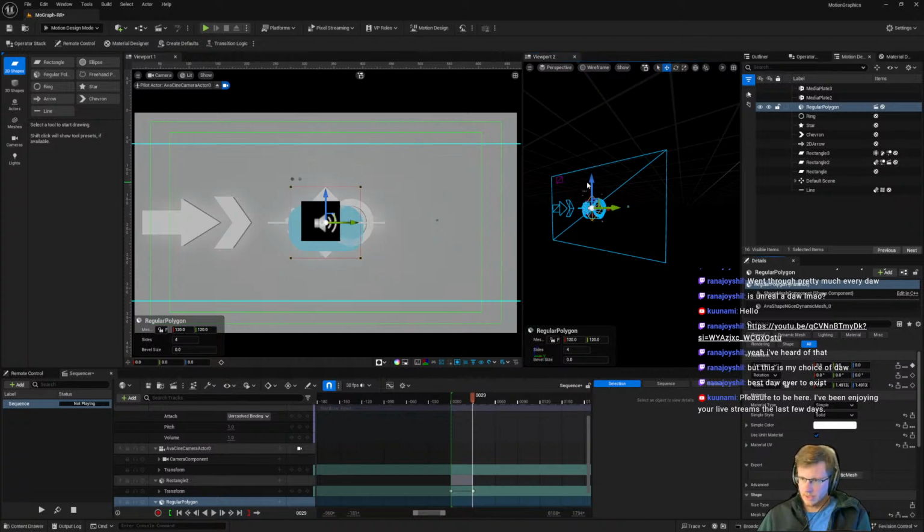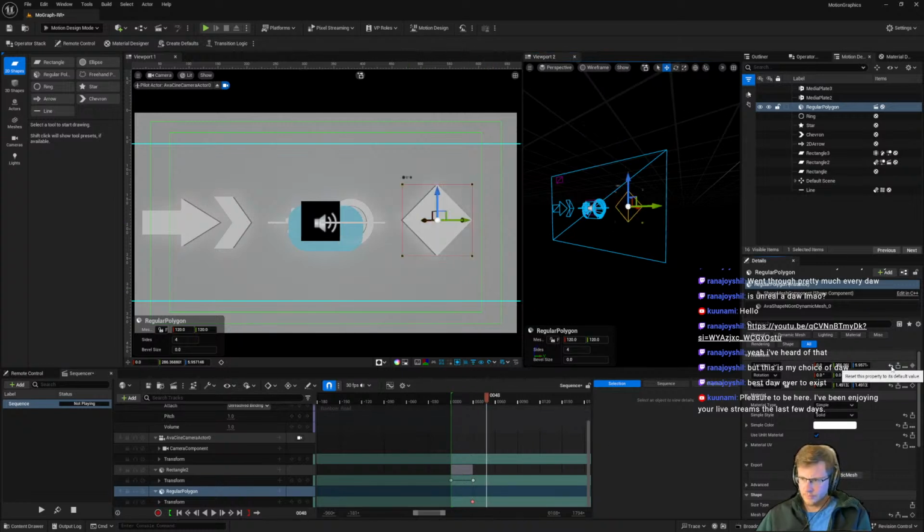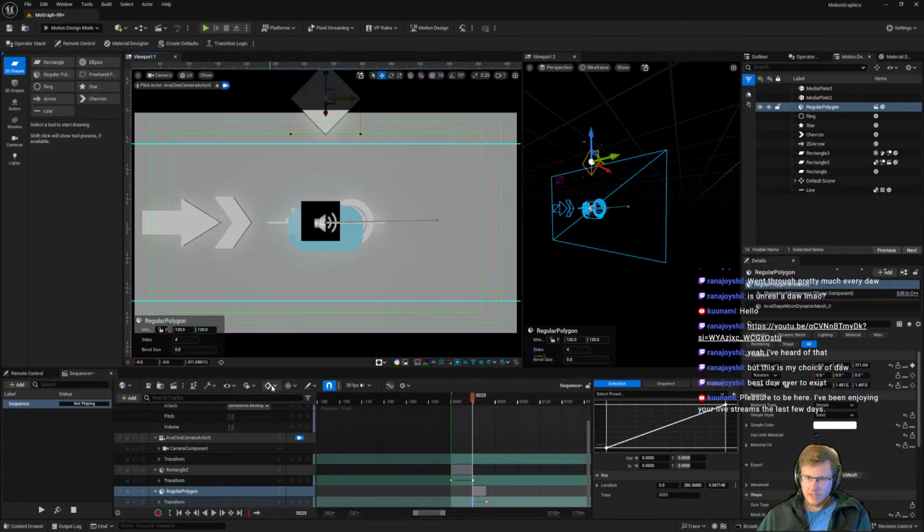Actually, let's center it from here. And then it drops in to here. Why didn't that work? For some reason, oh, auto keyframe is not on by default. I saw other people getting tripped up with that. So you have to either turn auto keyframe on, or move it to where you want it to go and press the keyframe button.